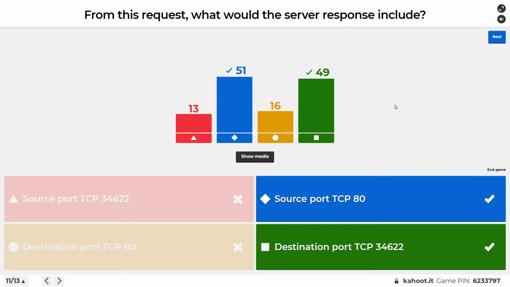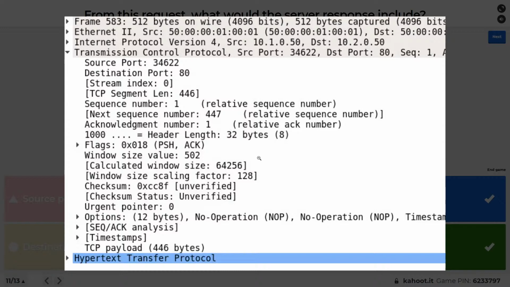All right, what would the server response include? Let's take a look real quick. Now, this is not a show command. I snuck this one in, because I thought it was important to have, and it's a lot of output. So let's see, what is this? This is traffic going to port 80, which is the well-known port for HTTP. And the source port is just some high-numbered port that wasn't in use at the moment on the computer who generated that source port. Or if it's going through a NAT device or PAT device, that could be manipulated there too. But that's the source information.